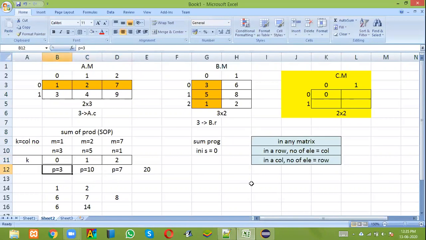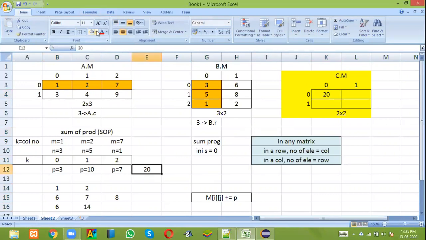Now, the operation we are performing is m of ij plus equal to p. This is the operation we are performing, correct? Let me write it here. It is 0. Now add this 3 here, so it is 3. When the product is 10, add this 10 here. It becomes 13. When you are here, add this 7. It becomes 20.